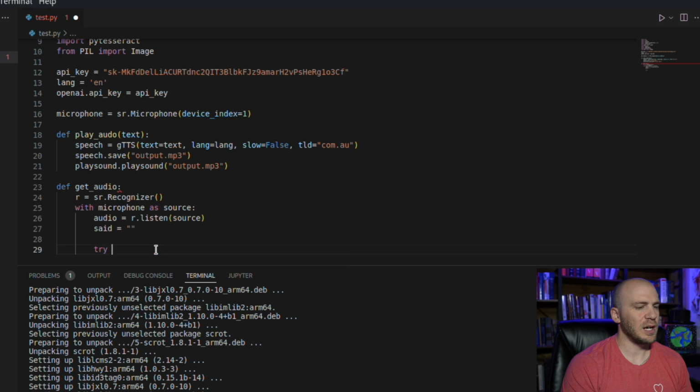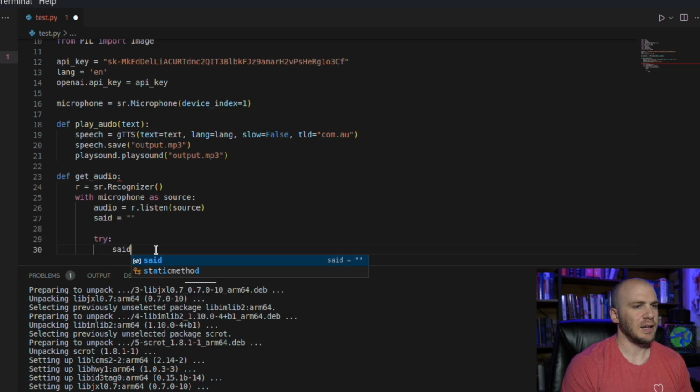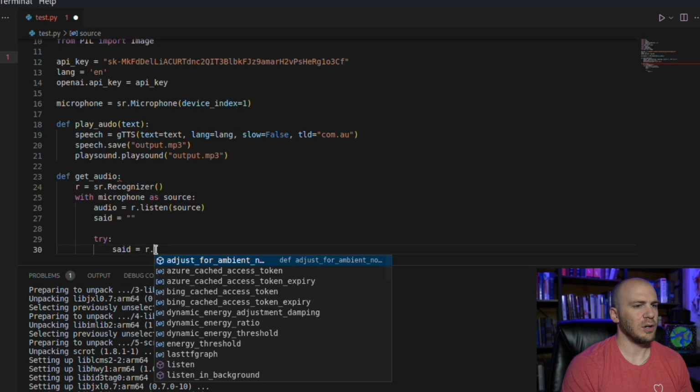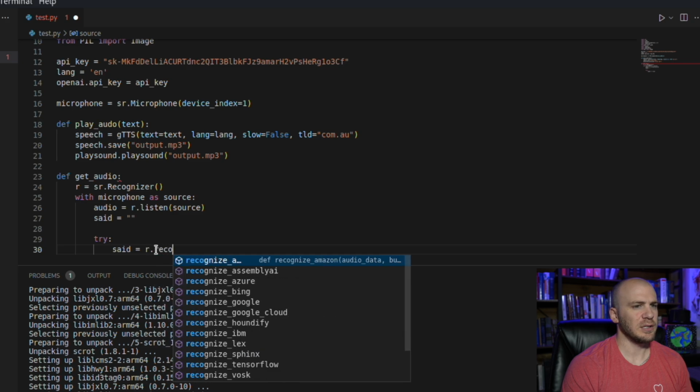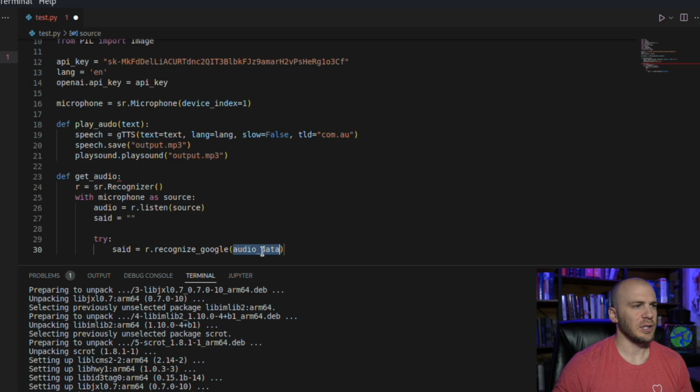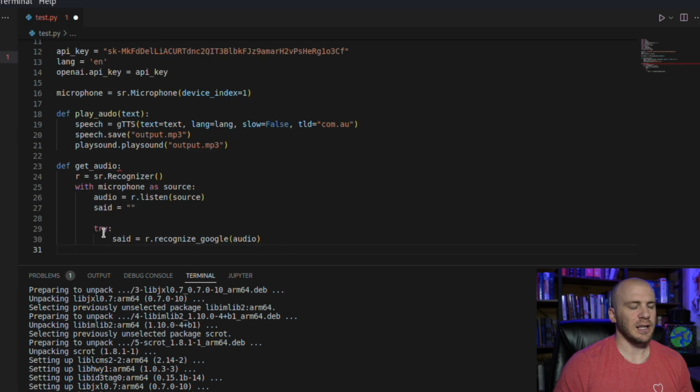We're going to say try: sed equals r.recognize_google, and for our audio data, our variable is right here. It's called audio. Now this line is going to save inside of this sed variable everything that is taken in right here.